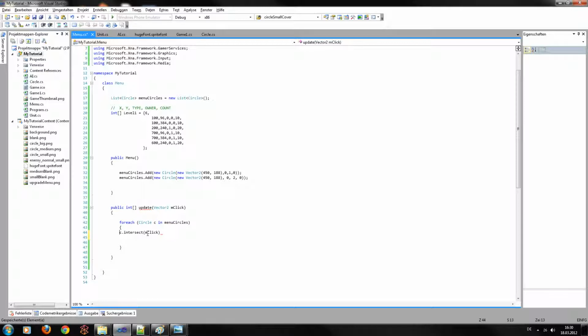And if it does so, come on, then we want to load the level. So we switch the owner of this circle, so C owner, and go into case 0 would mean we reload, or no, we started with 1, so case 1 would be this one, so